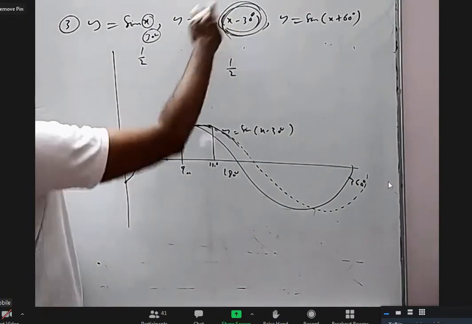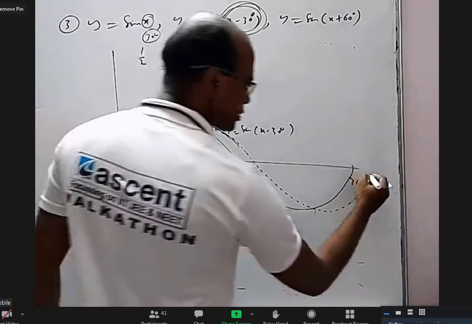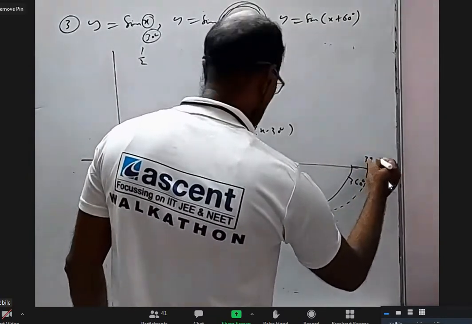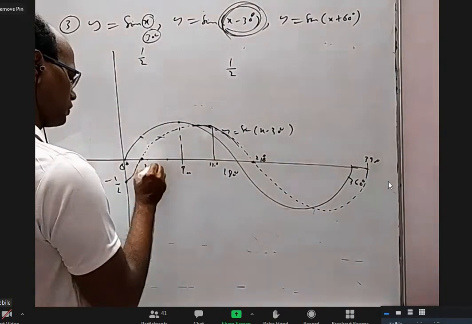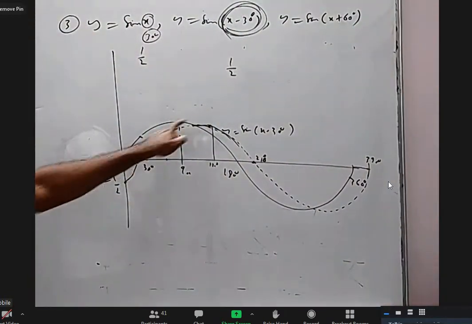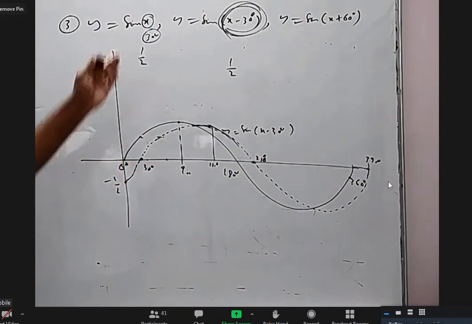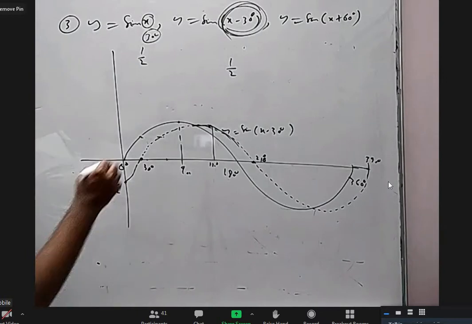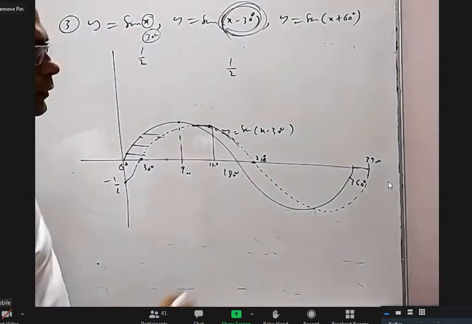Of course, there is a graph here. When you put 0, it is sin of minus 30, which is minus 1 by 2. Okay, and this is 390 degrees. This is 210 degrees. This is 30 degrees. Okay. So sir, this dotted line is sin x minus 30. In one sense, it is delayed compared to sin x by 30 degrees. Every point will go horizontally by 30 degrees like this. Sir, that point goes to here.